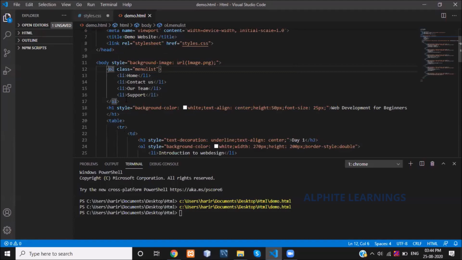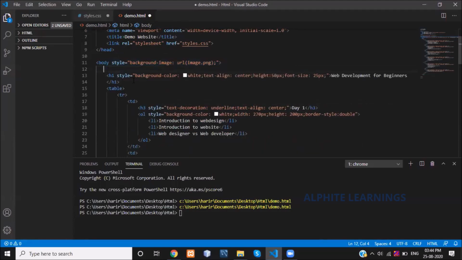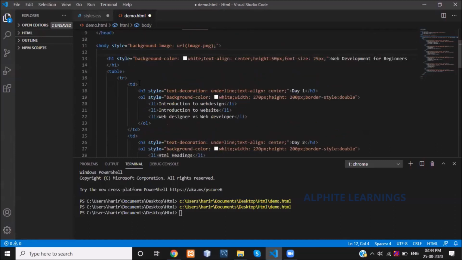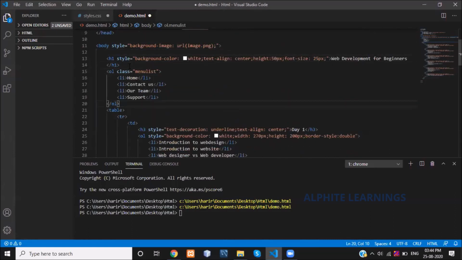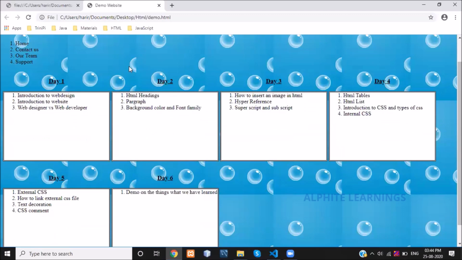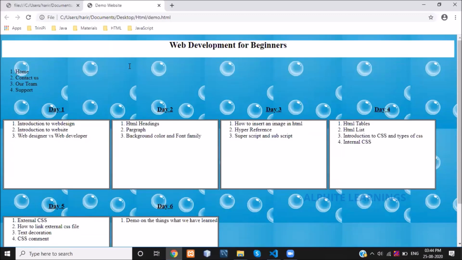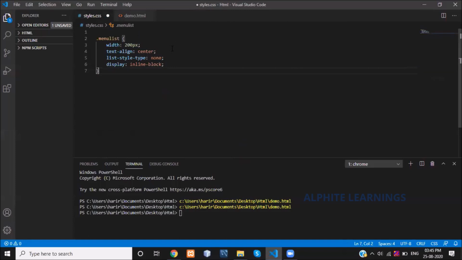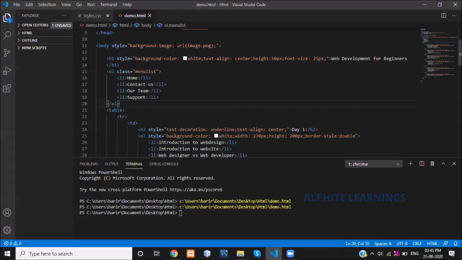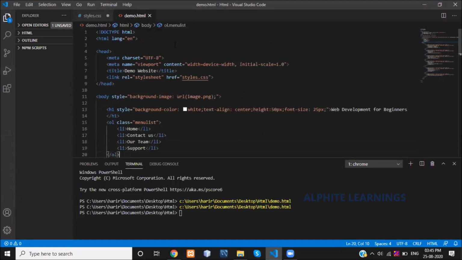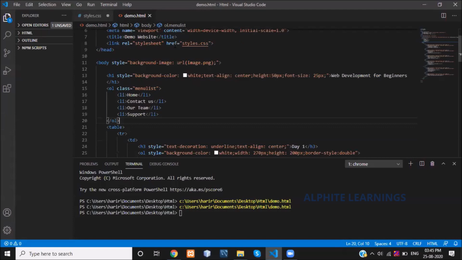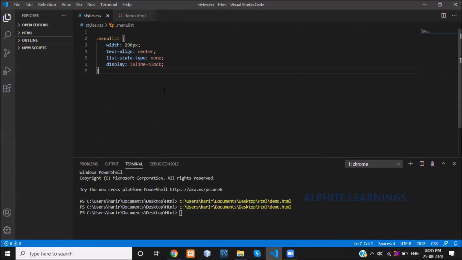Paste. What mistake did I make here? Width 200 pixel, text align center.